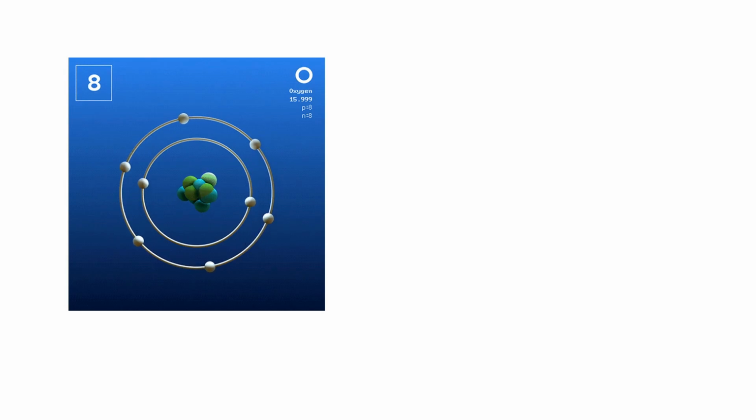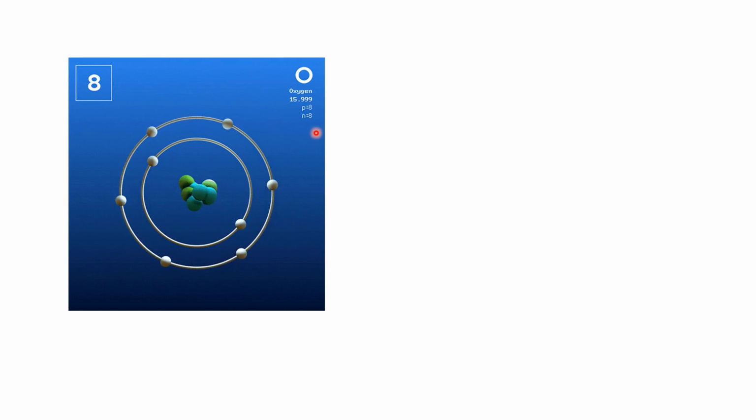So let's consider this example. This is an atom of oxygen and the symbol of oxygen is O. As you can see here, it is written here. The symbol of oxygen is O, and the atomic number of oxygen is 8, as it is written here. As you can see in this diagram, this is your nucleus where the neutrons and protons of the oxygen are residing. And these are the orbitals of the electrons.